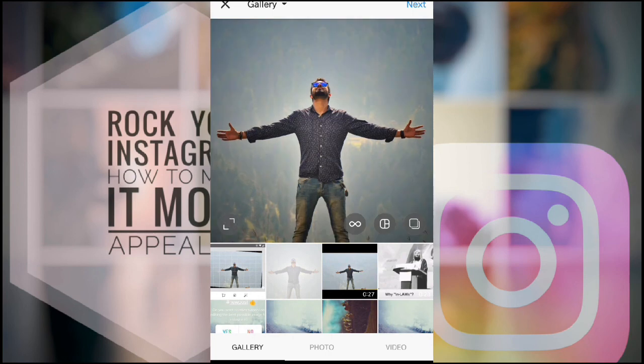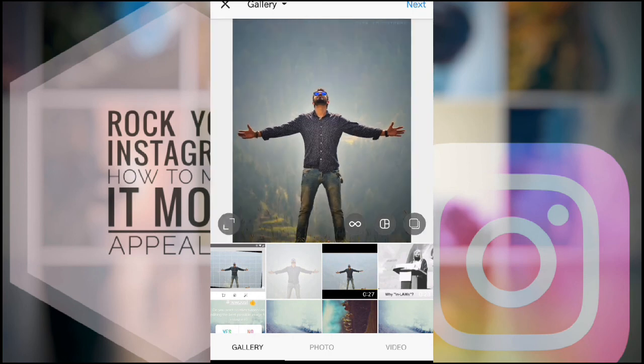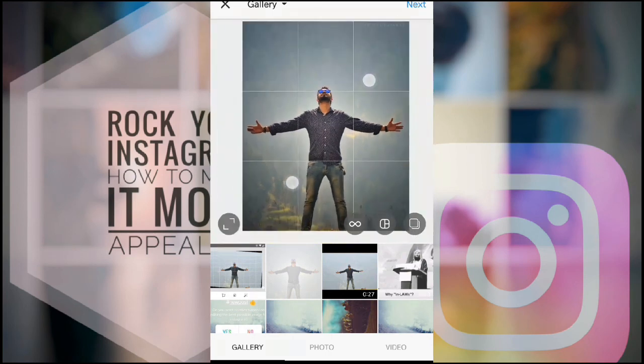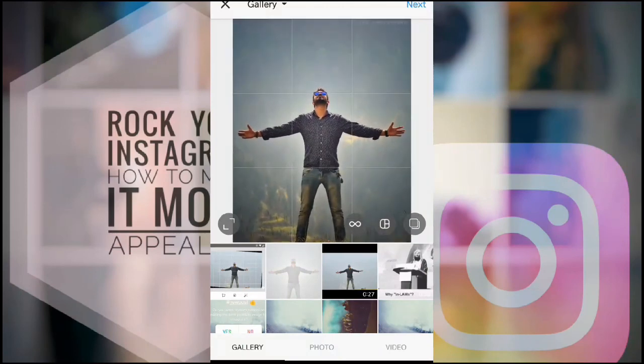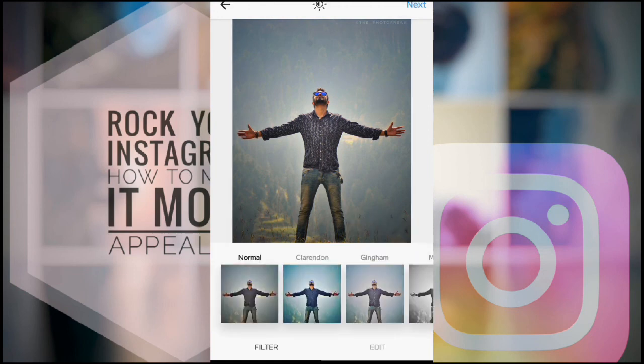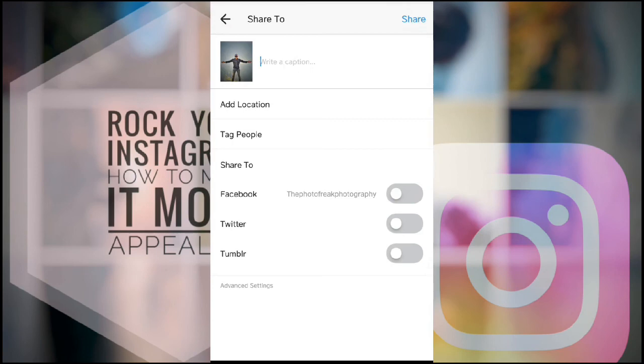When you click on those arrows, they will simply adjust the photo size as per the best possible Instagram size available, which is 4:5, by the way. So 4:5 aspect ratio is the best Instagram provides. You adjust it by pinch zooming in or out, and you would click on those buttons and you click on next. You reach here, you add the captions, you tag the people you want, you simply share it on Facebook, Twitter, whatever social media you want,